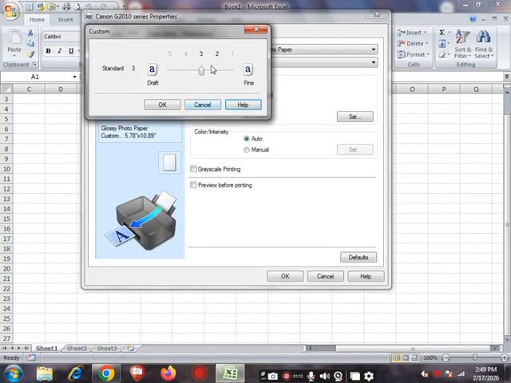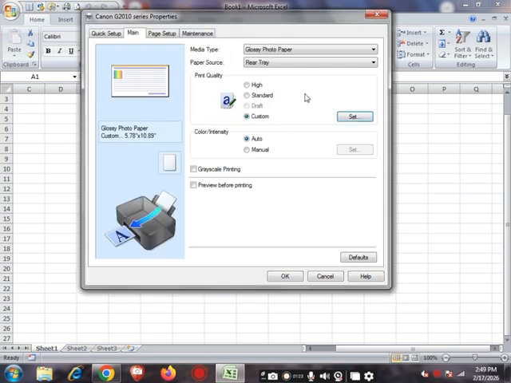If we don't need it, we can set it by the balance bar. If we have set everything, then press OK, otherwise cancel it. The next option is color and intensity. It has two options, auto and manual. When the auto option is on, the set option is unhighlighted. It looks gray. But when we click on manual, this option will be highlighted.